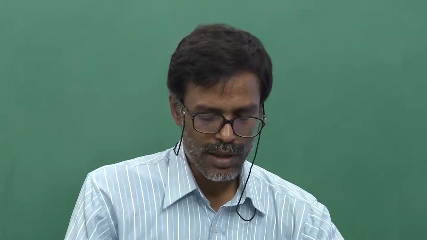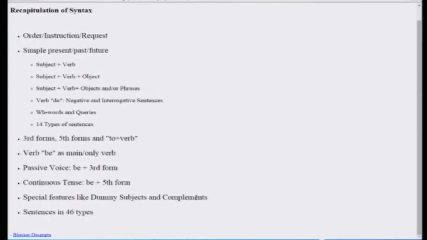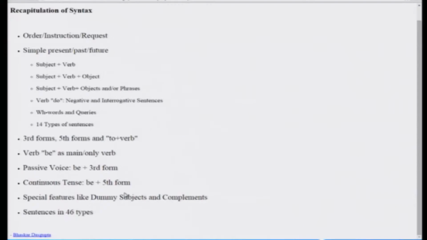And another special feature in English, which in Indian languages is absent, is that in the case of some verbs, with the subject and verb, the sense of the sentence does not get complete. Okay. And in that case, something is needed after that. So, these two are special topics in English, which teachers should note, and which require special care in teaching Indian students. Okay. So, all these different new types of sentences that we studied,